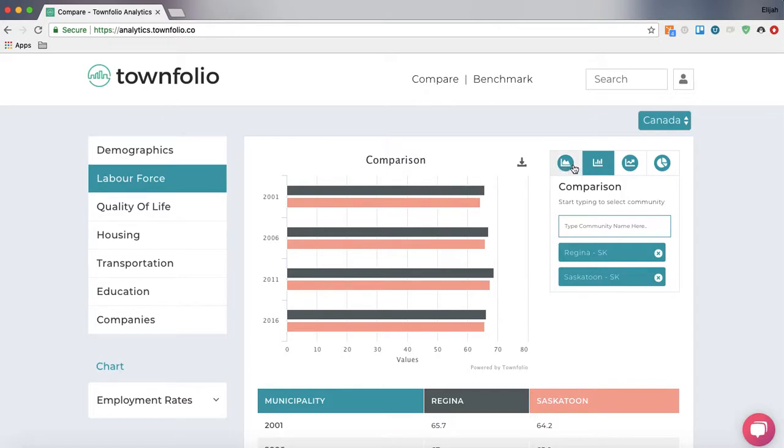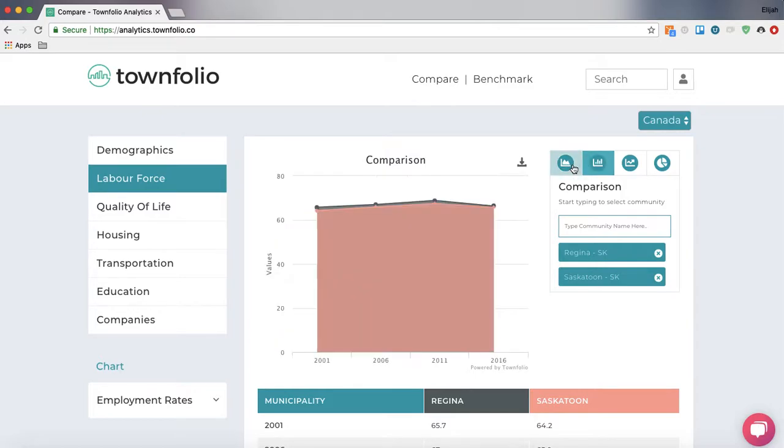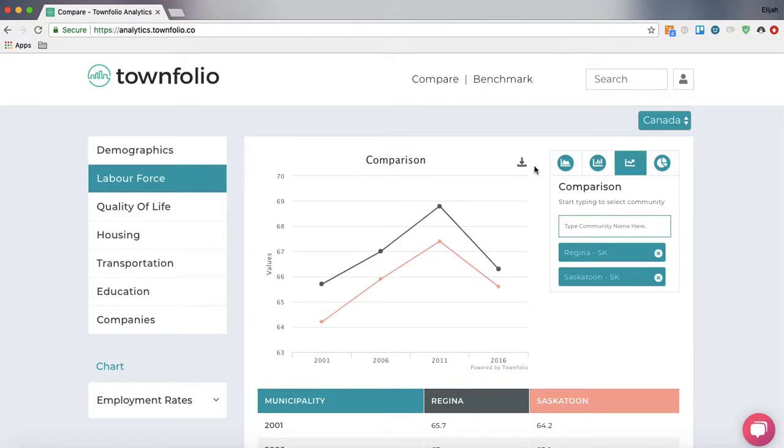You can change the format of the graphs here by just clicking on the different formats available. And then after that, what you can do is you can download the data sets here, print them, or download them in certain image formats so you can share with different members of your staff or members of your stakeholders